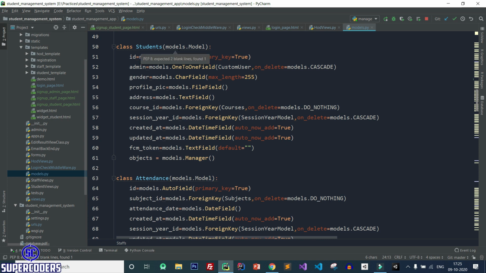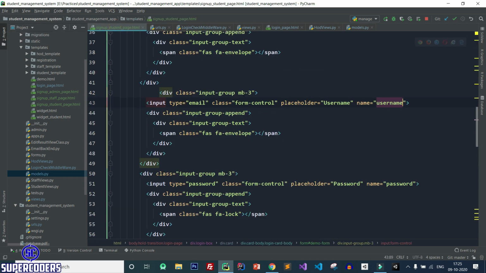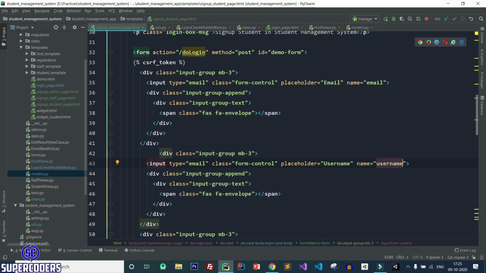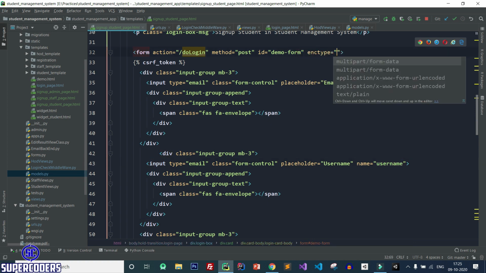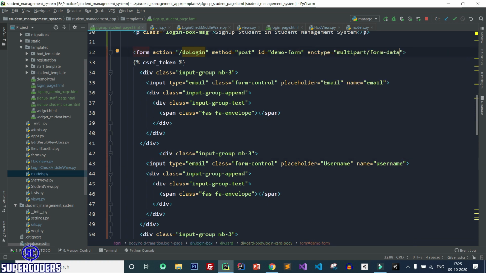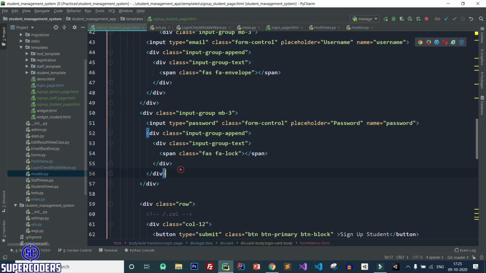So again back to this page, and here it is asking for file upload. So keep type multipart form data, and here add some more inputs.